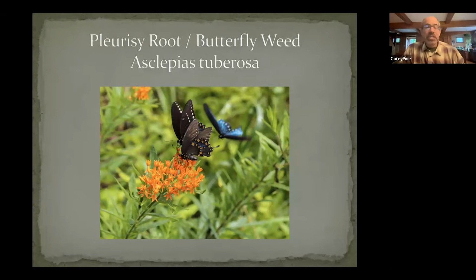As you can see from this photo, it is an amazing pollinator attractor. So it's very commonly planted, and pretty easy to grow from seed. And it has a big root, a tuber that goes down. I find it fairly common. I see it up here in the mountains, just along roadsides. I've seen it along the side of I-26 and I-40, if I'm paying attention to what's on the roadside instead of to traffic, not always the smartest idea, but